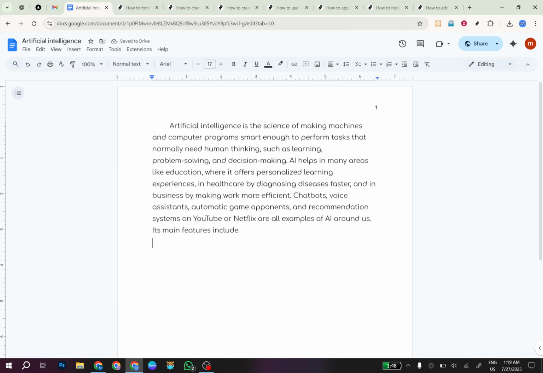This is a quick and efficient way to manage page organization, especially in lengthy documents. One important thing to note is that insert